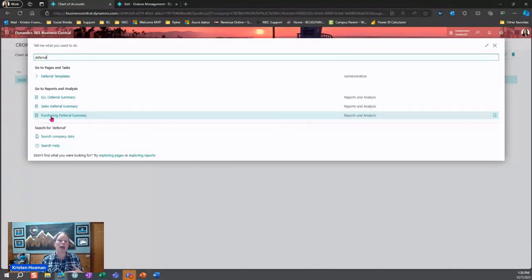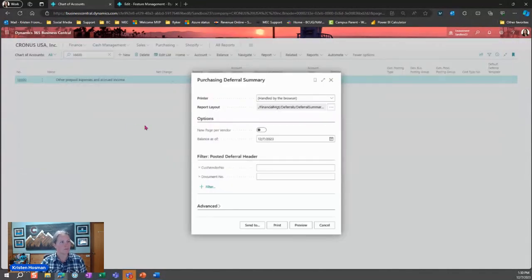The general ledger is the option that we take when we're implementing Business Central. If a client has things in prepaids today, we'll just enter it through a GL entry and then add a deferral so that moving forward, they can use this functionality. But in today's scenario, again, purchasing,